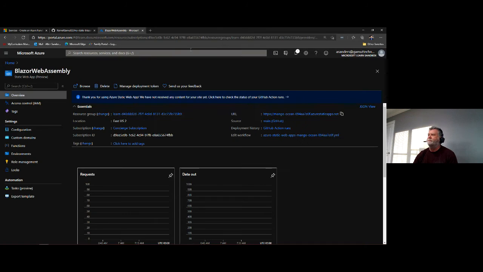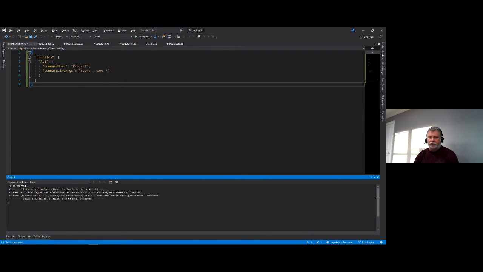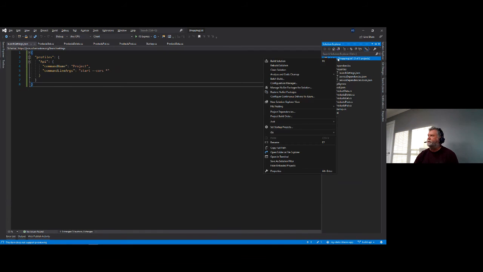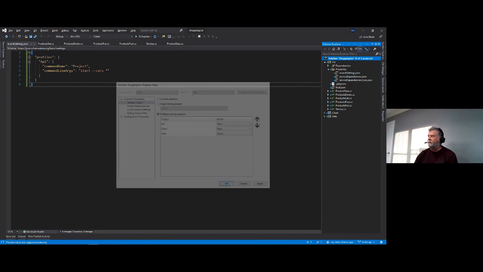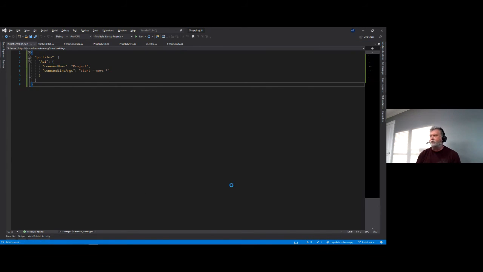Before I start it, what I now need to do to run it locally is right-click the solution and set up multiple startup projects. I now need, on startup locally, both the API to start and the client to start. So let me apply that. And now when I run it,